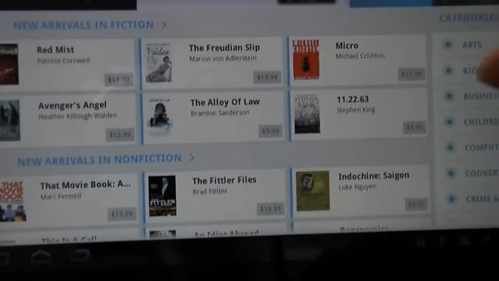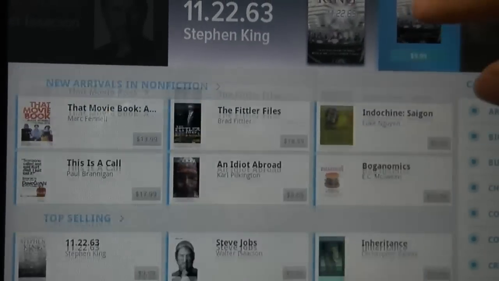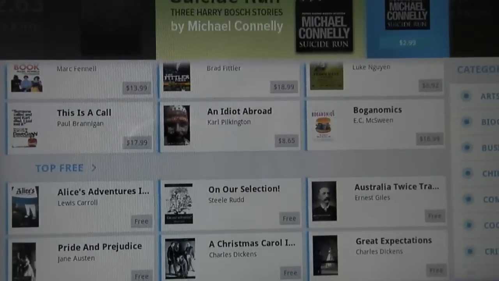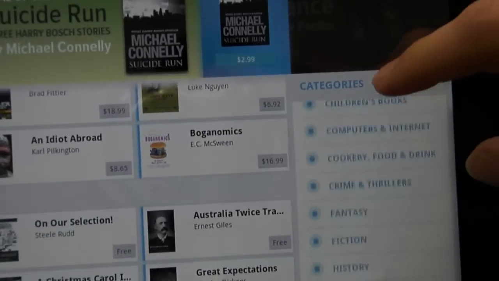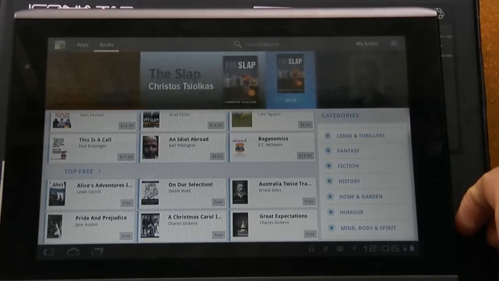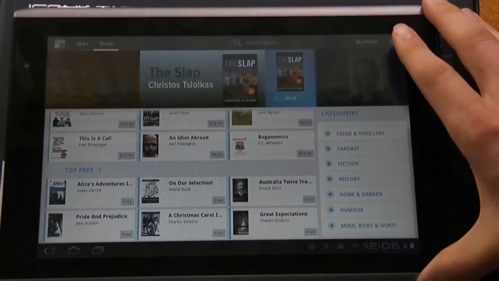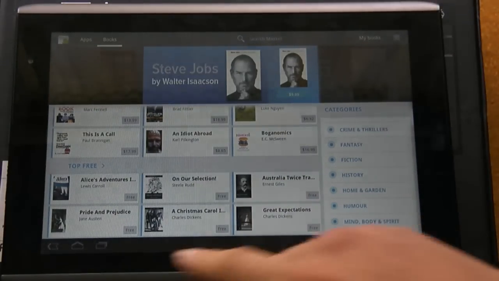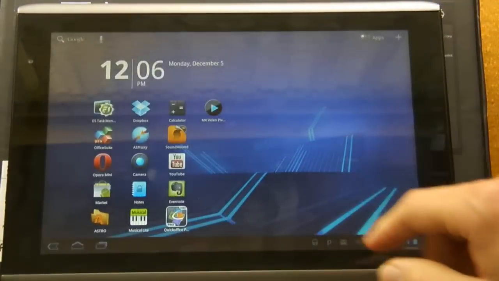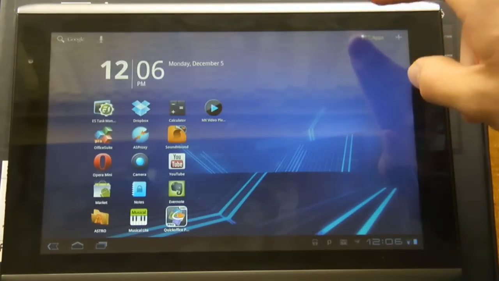And then you've got all the different categories here, like new arrivals in fiction, non-fiction, etc., the top rated, and then your categories down the side here. So they do have an ever-increasing collection of books here, which is pretty impressive, and considering the very portable nature of the tablet and its e-reading capabilities, it is good to see that they are really capitalizing on the book